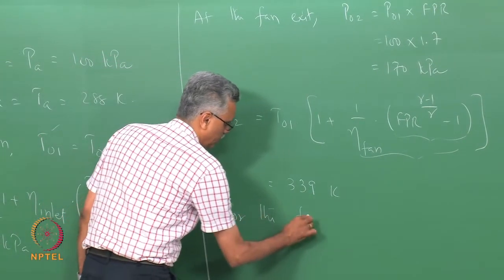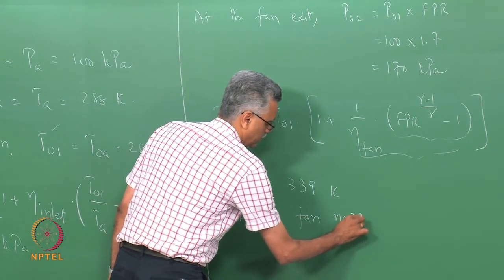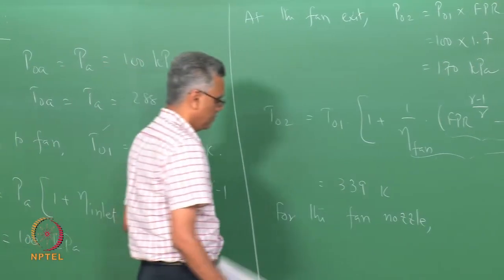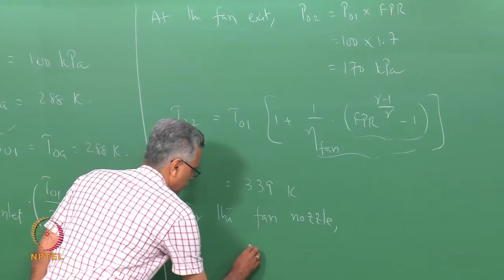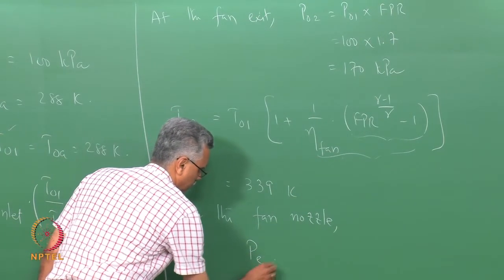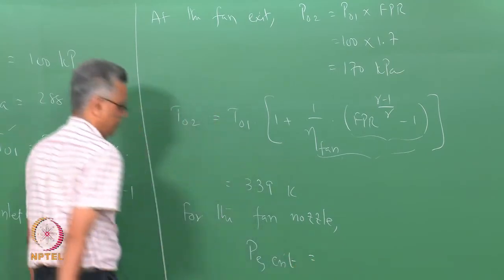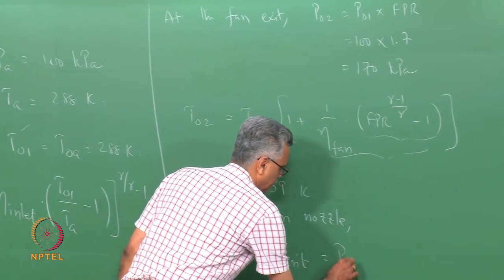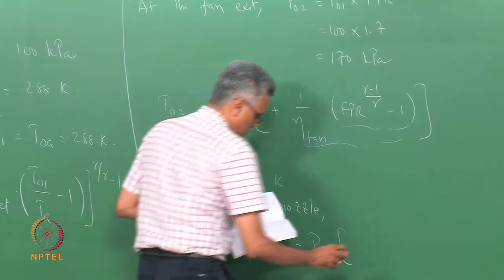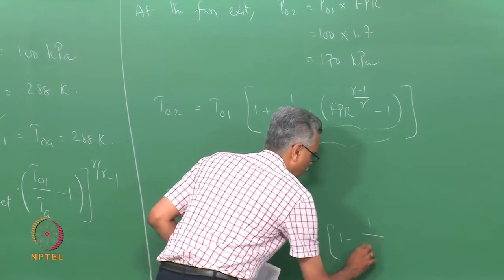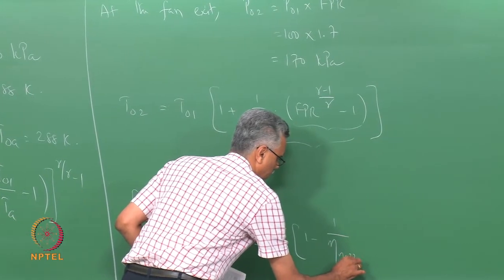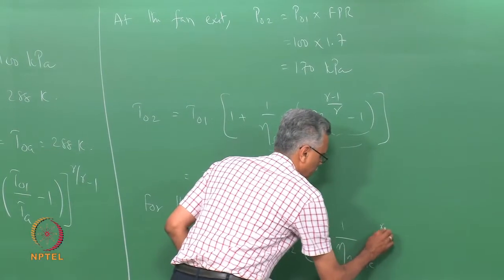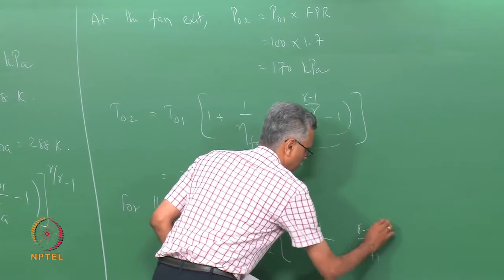So, for the fan nozzle, PE critical is equal to the upstream stagnation pressure P02 times 1 minus 1 over eta nozzle times gamma minus 1 over gamma plus 1,